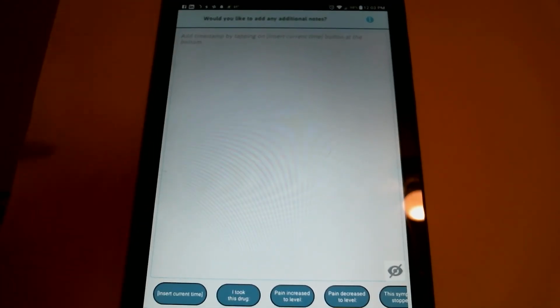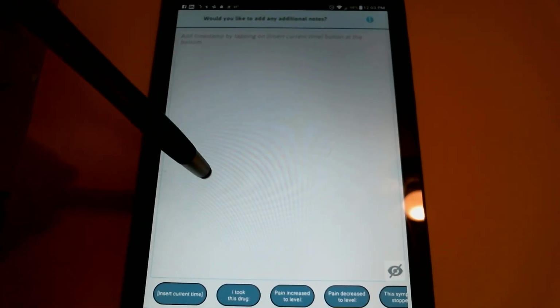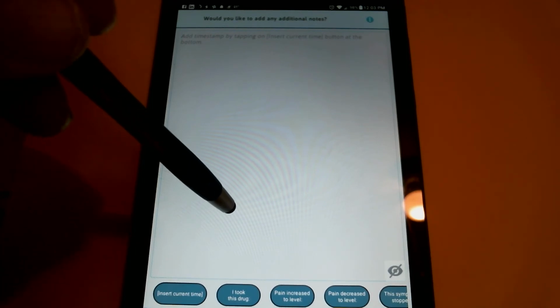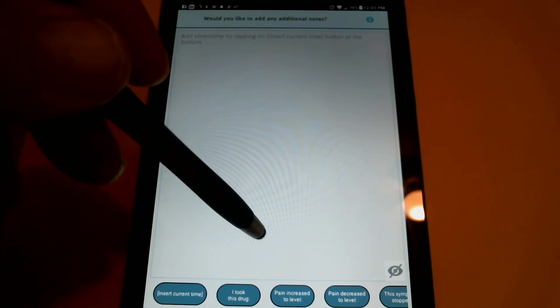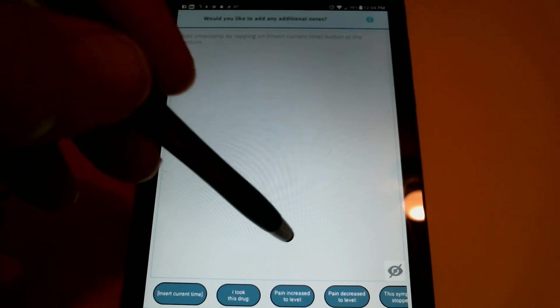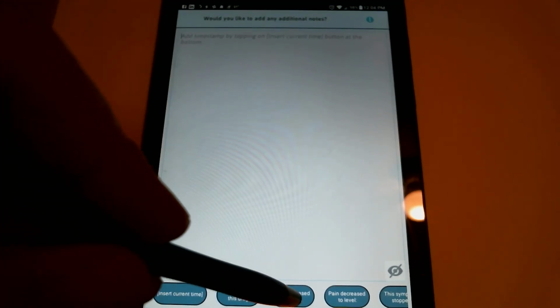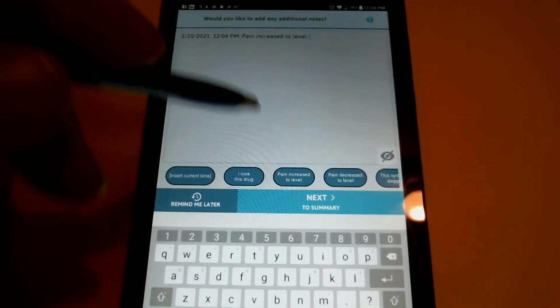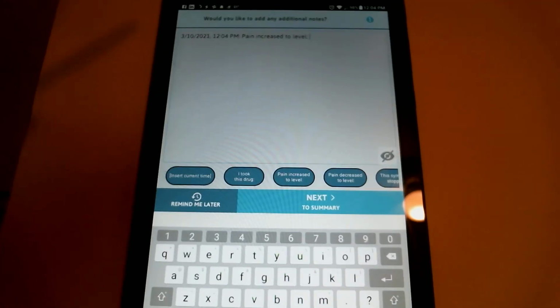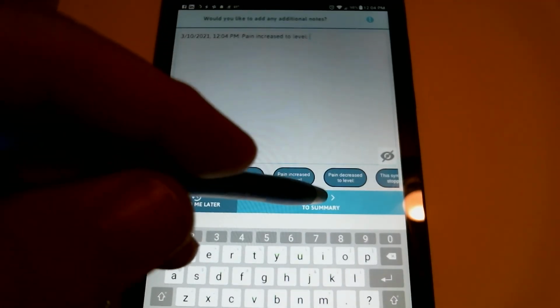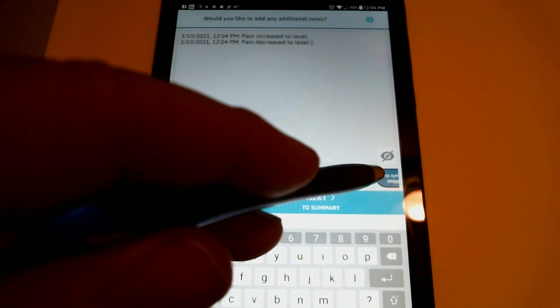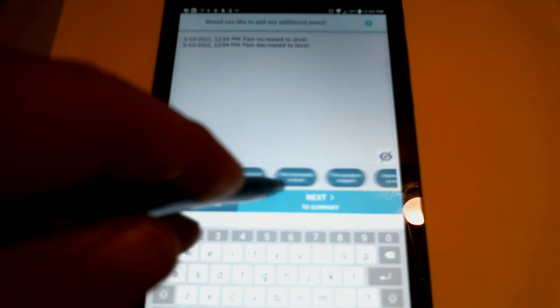This is like, in the beginning where you listed the pain on the pain scale. Well, if the pain changes, pain increased to level, blah, blah, blah. Or pain decreased to a level. And then